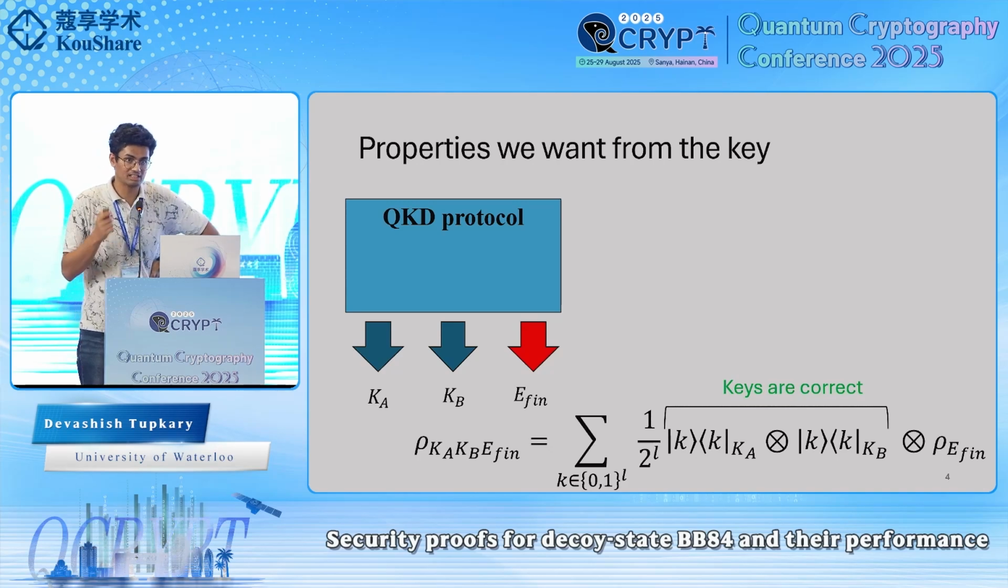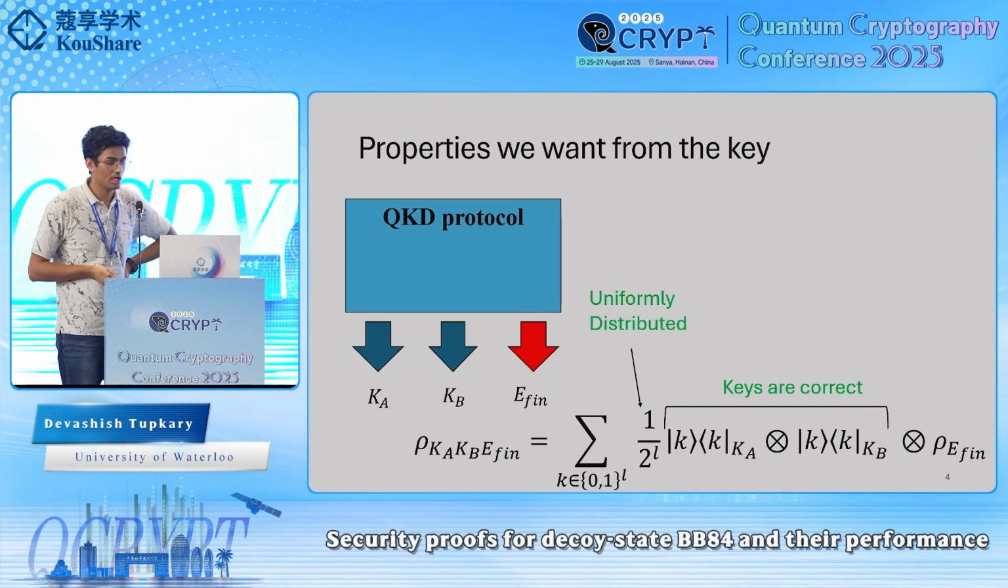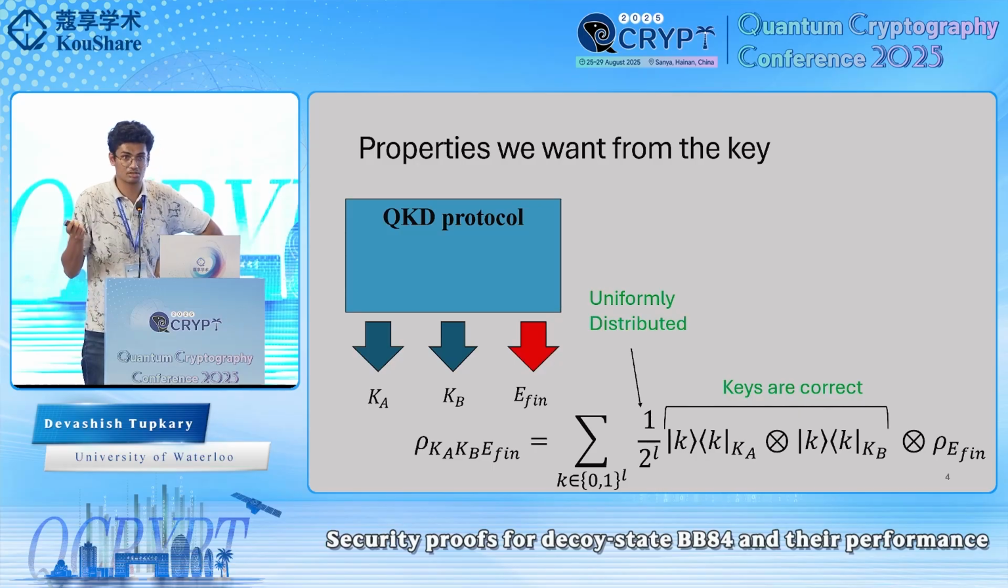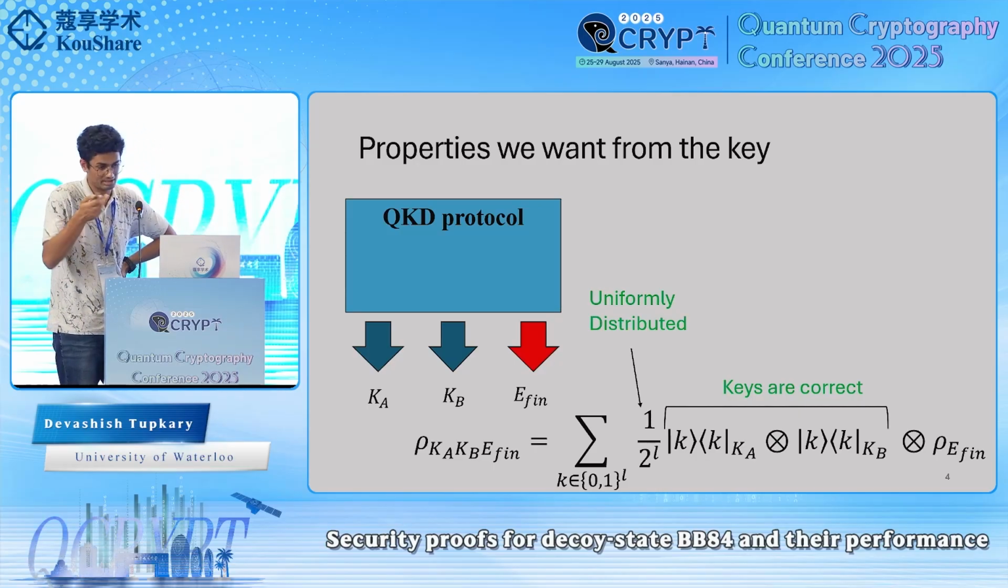Where Alice and Bob have correct keys. They both agree on the key that is being produced. Each key is equally likely. So in this case, it's